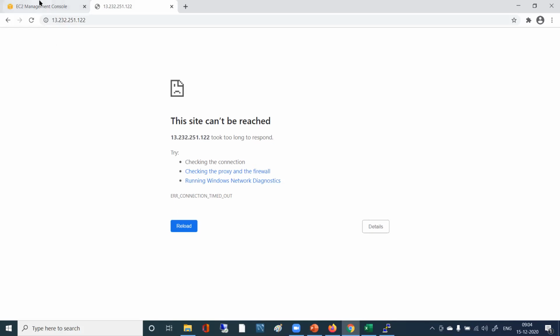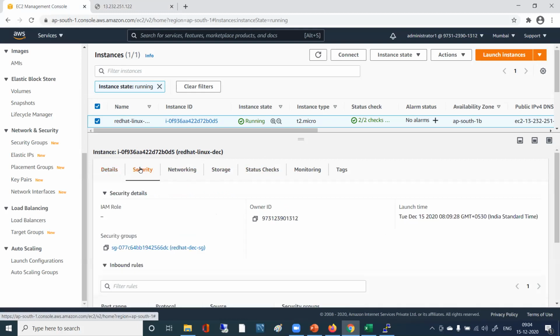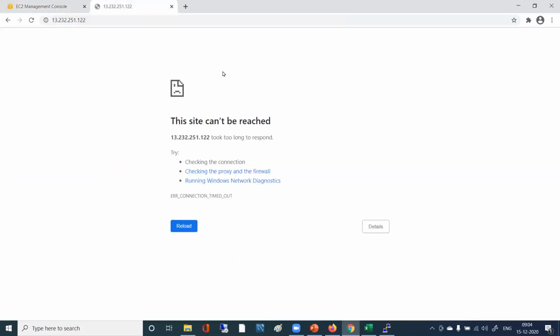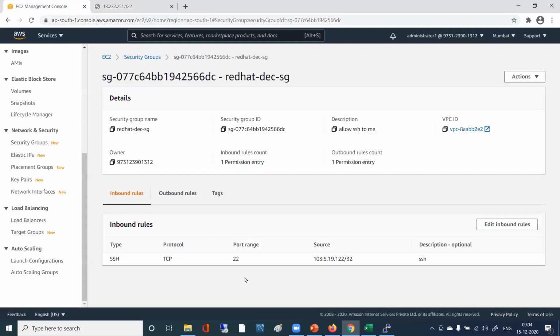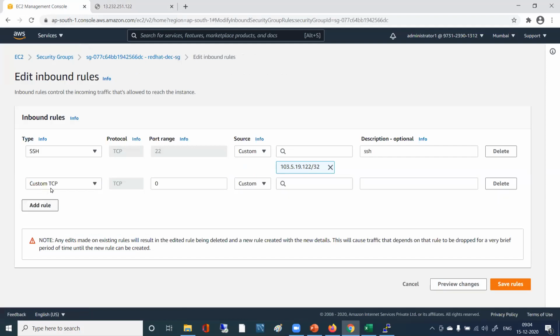Yes. So let's go to the EC2 instance. Dharma, you're following, right? Yes. The EC2 instance is only allowed to be accessed by port number 22. Go to the security tab, then go to the security group. You see only port 22 is allowed. And this service is working on port number 80, right? How can we access it? We cannot access it. So we come here and click on edit inbound rules. We click on add rule.